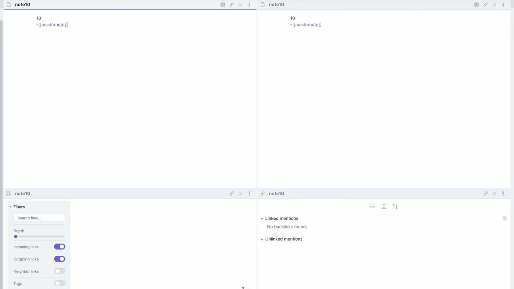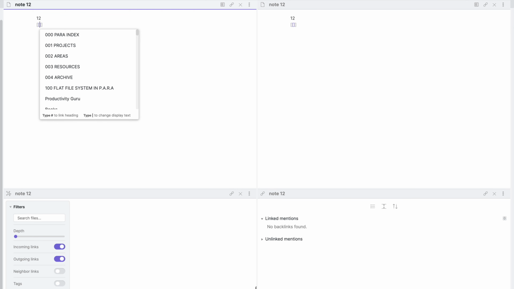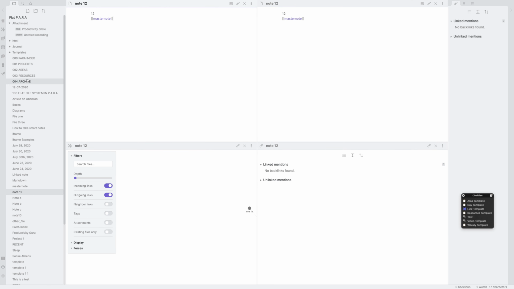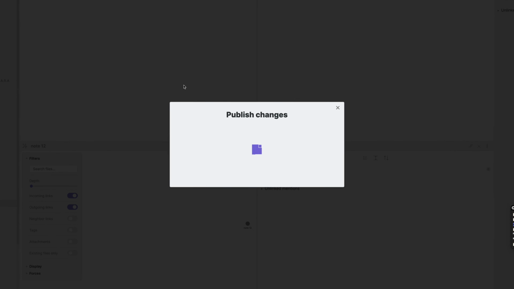Now let me create another file, note 12 maybe, and we'll again connect to master note. What will this do? Well, we'll just see, you click publish changes.